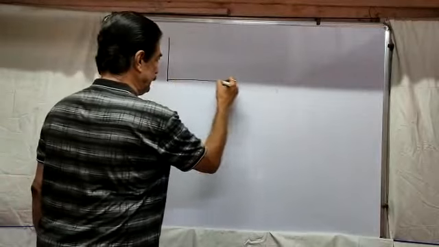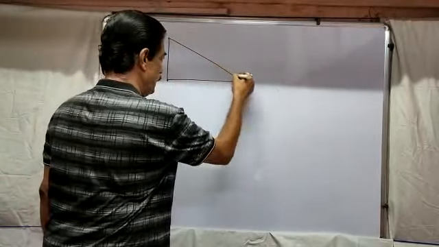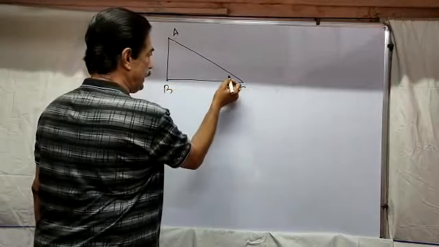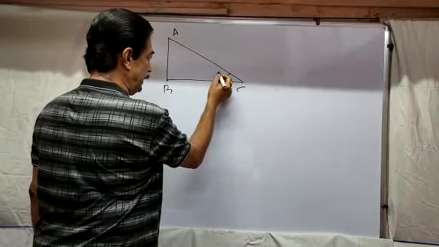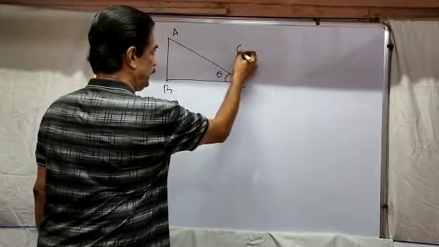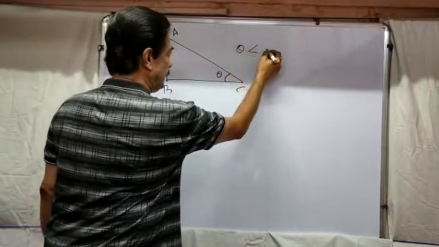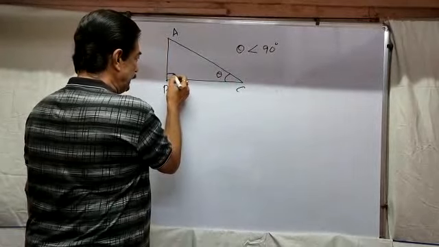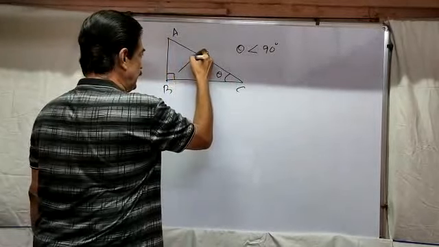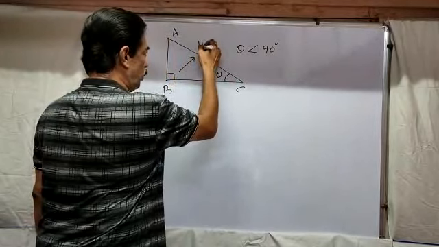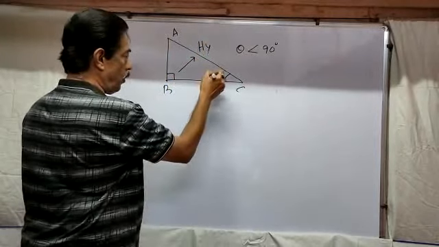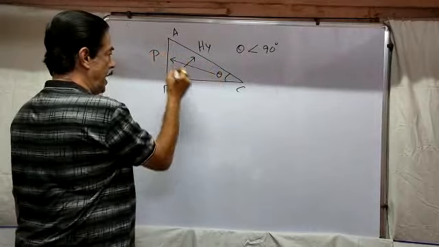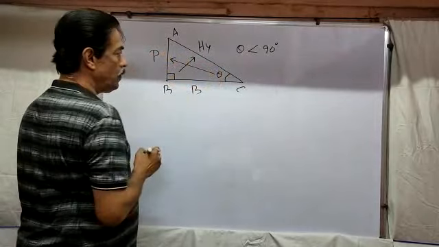Main case, this is one triangle. ABC is a triangle where C is an unknown angle, say theta. The value of theta should be less than 90 degrees. Case 1: one angle is 90 degrees. Opposite to this 90 degrees is always treated as the hypotenuse, and opposite to the angle theta we always treat as the perpendicular. The rest side is the base.